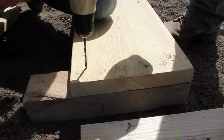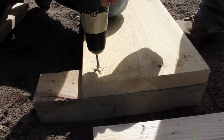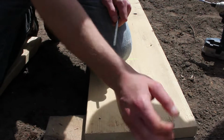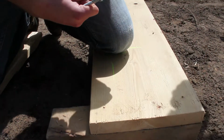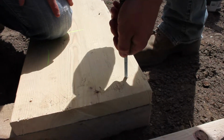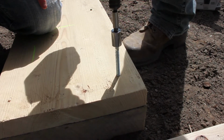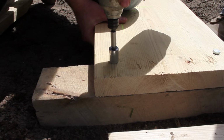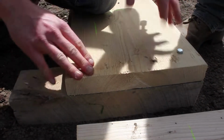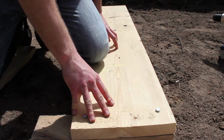And we're putting in 2 of these lag bolts in each board. We've got some nice pre-drilled holes there, and we're going to use our cordless impact to drive the big legs in. And that's really it. We're going to build our end pieces first, and then move on